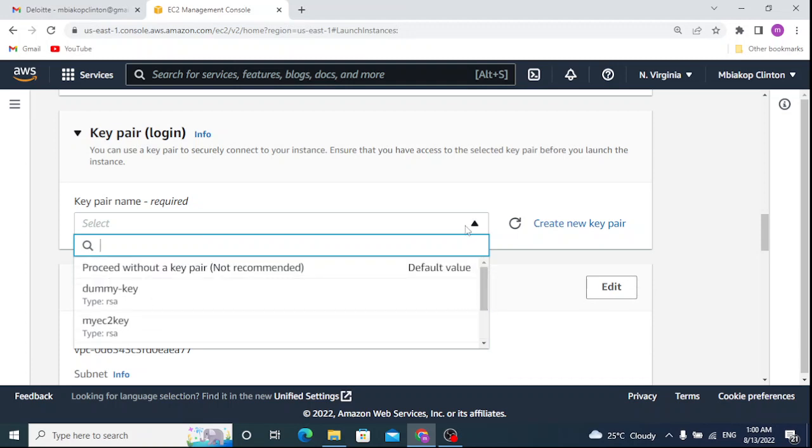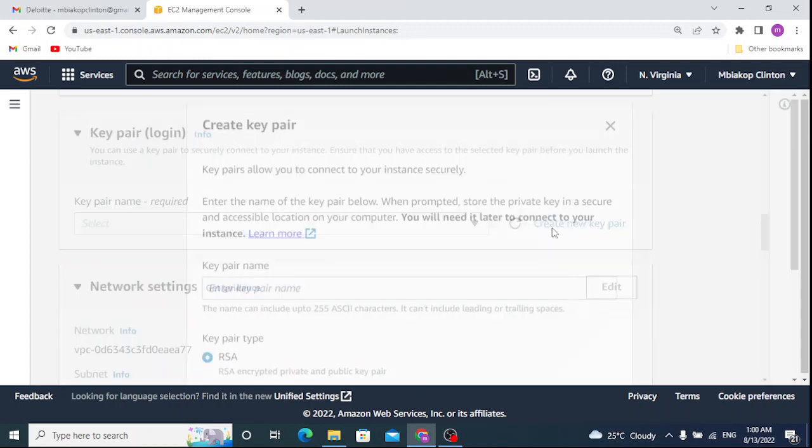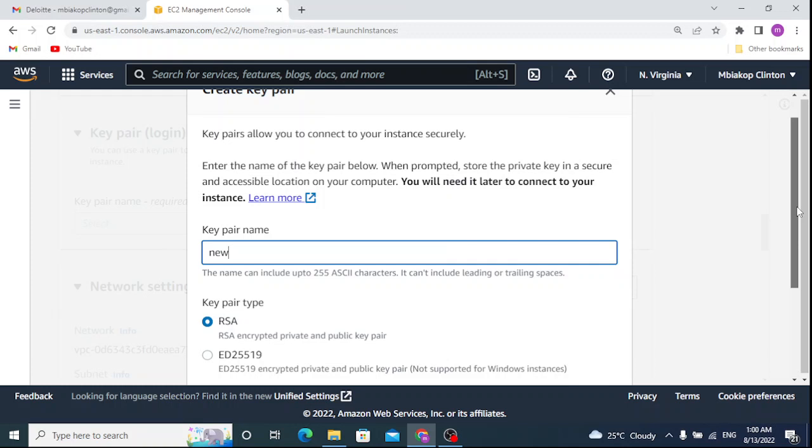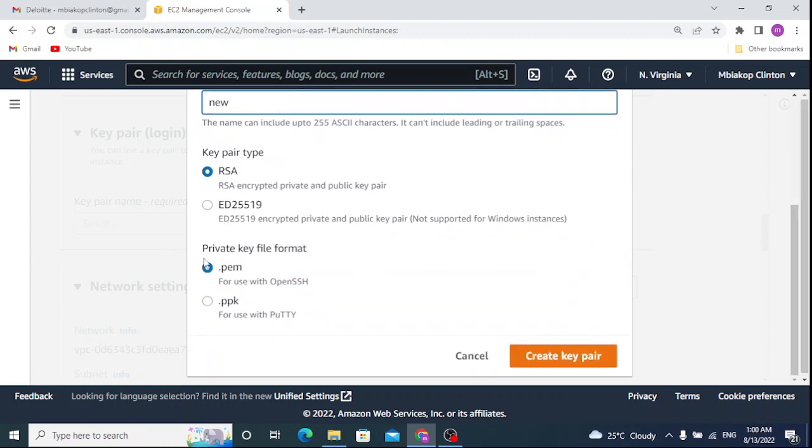But if you don't have a key pair, you can come to create key pair. You click on create key pair, you give your key pair a name. I'll just write maybe new. You can select a .pem key or a .ppk. Now it's good to select .pem key if you are using OpenSSH, or a .ppk if you are using Putty, but it does not really mean that if you select .pem key you cannot use it later in Putty, because